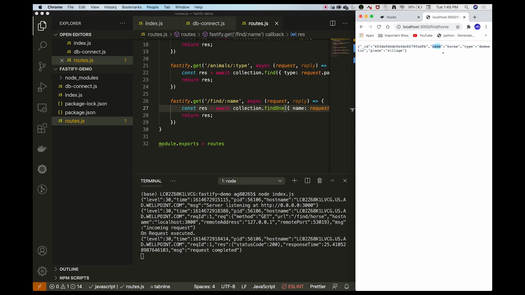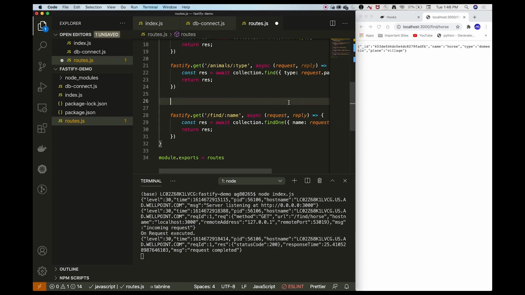So if you query find horse, then you will get the response based on the horse parameter that we defined. But now let us say I have got this response, but there are some unwanted arguments or unwanted results in my response. That is, I don't want to have this ID in my response. So what should I do then? Here comes the role of schema. We can define the schema in our route, and we can pass it as an argument to this fastify.get route, so that it would only return the information which we require. And how do we create a schema?